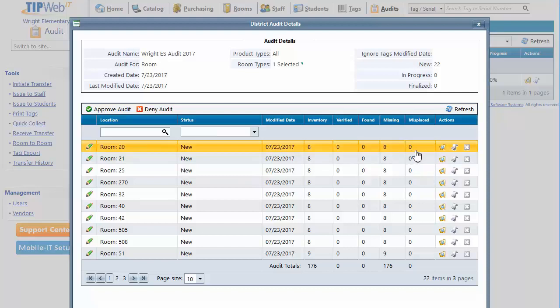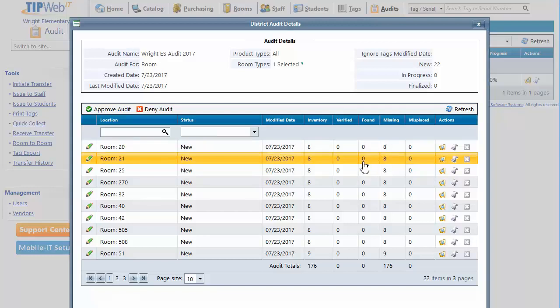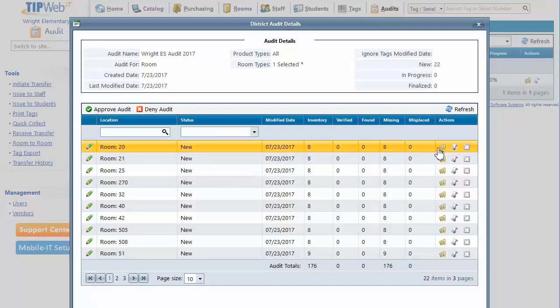It wasn't expected to be there, it will populate in the misplaced column. And if that particular tag was expected in another room within this same audit, that room will respond with found. We also have the Audit Details icon, which is a good place to come when a room has been finalized and to go ahead and leave notes for your district on any missing or misplaced tag that they'll need to